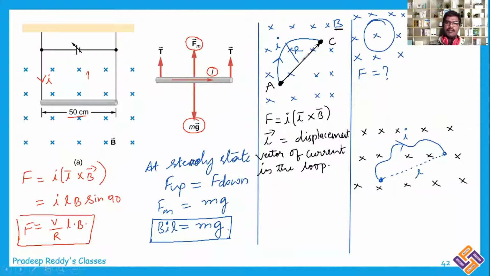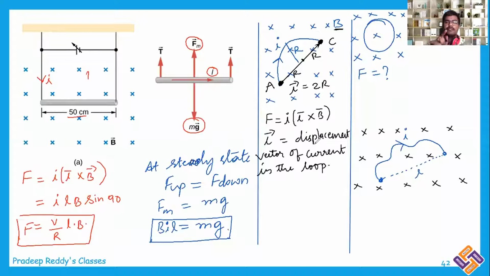Now, what will be its length? This is radius r and this is radius r because it is a semicircular arc. What is L bar taken here? L bar is equal to 2 times radius r. Remember that when you are using the BIL sin theta formula, L is the net displacement vector. You should not take the length of the loop. If it is a straight line, L is the length of the loop. The length of the loop and the displacement of the charged particle throughout that loop will be the same.